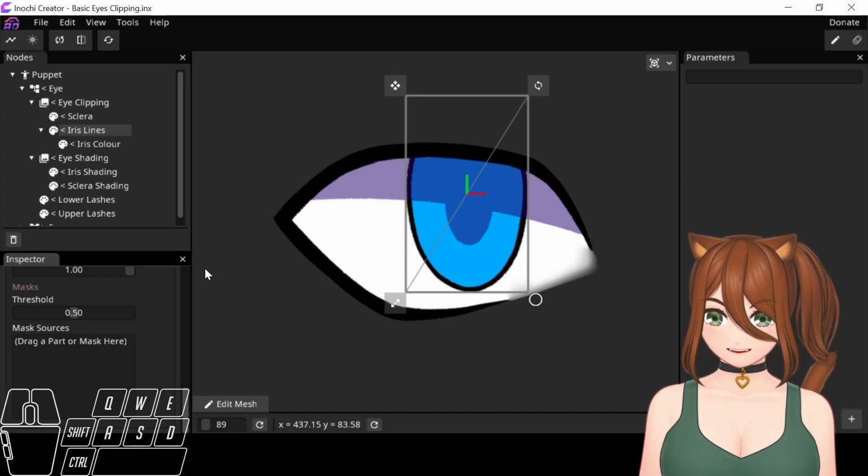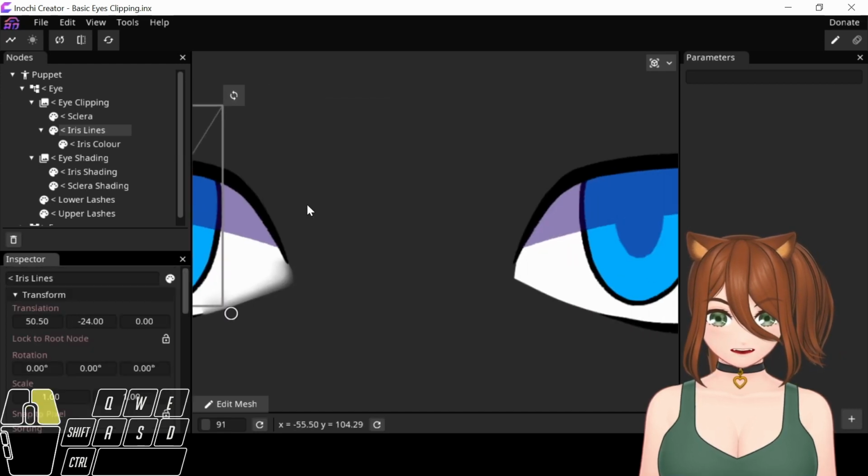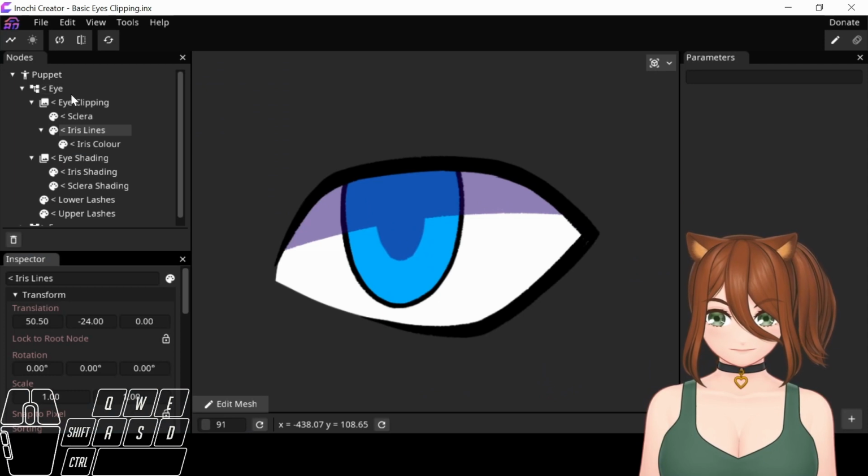Composite nodes in general are more computationally expensive. So the mask sources system is a way that you can optimize your models better and not use the composite nodes. The composite nodes are meant to be used sparingly. Now if I go over to the other eye,